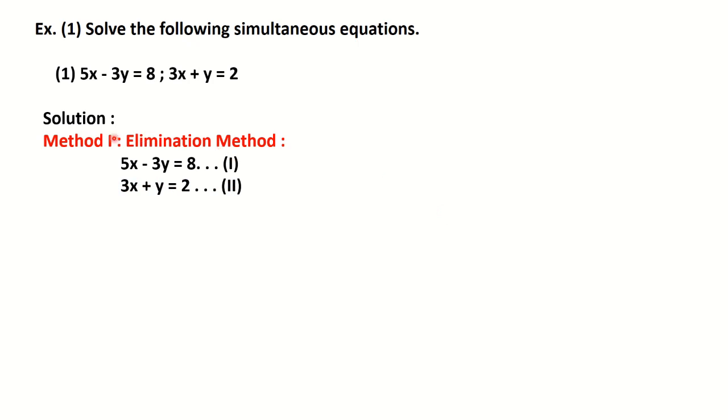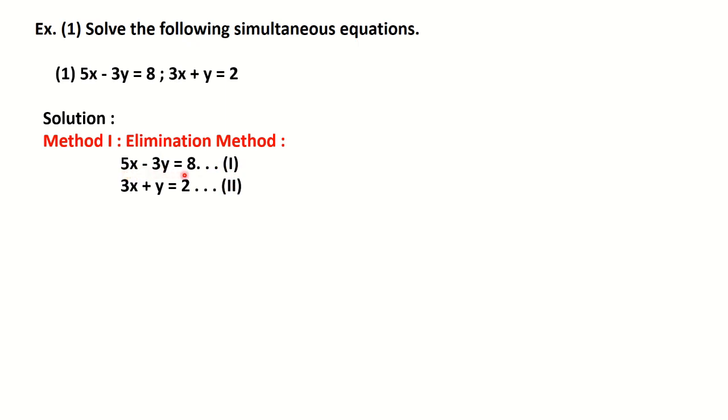Okay, so here we are provided with simultaneous equations, two equations at the same time. First of all, you have to observe whether the given equations are in standard form or what. If they are in standard form, then number them as 1 and 2. But if they are not in standard form, you need to convert them into standard form and then number them. Okay, so here we have numbered the equations as 1 and 2.